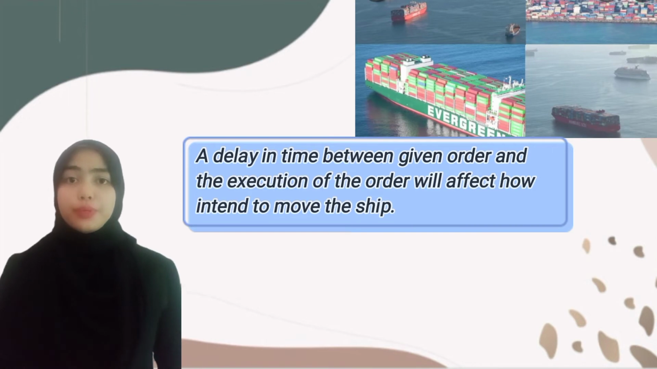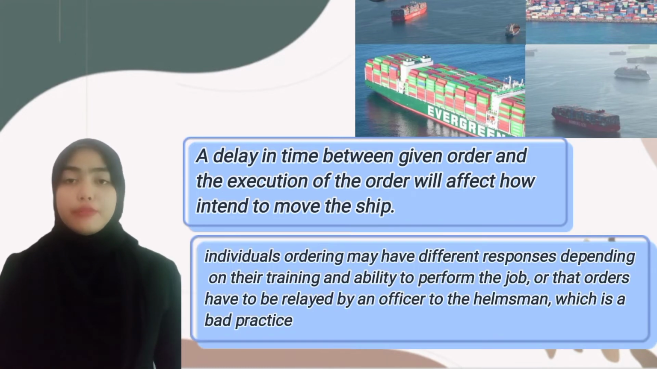A delay in time between a given order and the execution of the order will affect how you intend to move the ship. This is caused by human factors because the individuals ordering may have different responses depending on their training and ability to perform the job, or that orders have to be relayed by an officer to the helmsman, which is a bad practice that should be avoided,